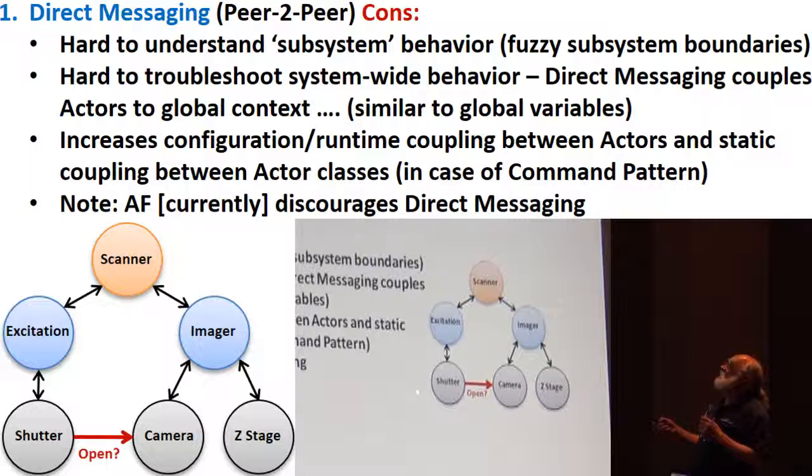Second, this increases the configuration and runtime coupling of independent actors, because they need to open a connection and they need to know about each other. This is not good. And probably these are the reasons that Actor Framework discourages doing it unless you really understand what you're doing and you would really benefit from direct messaging.